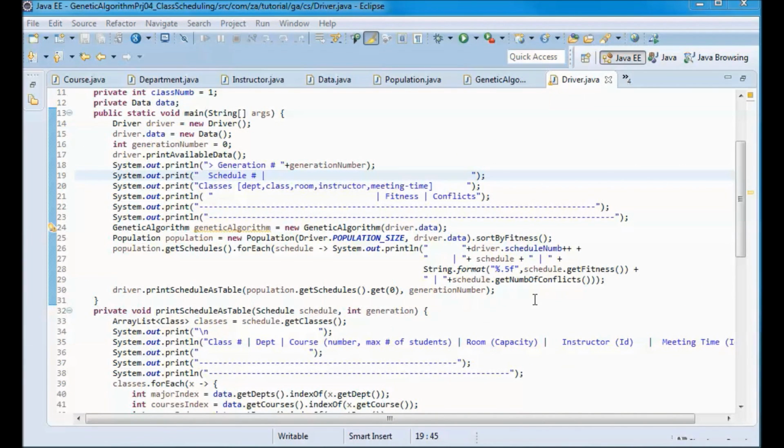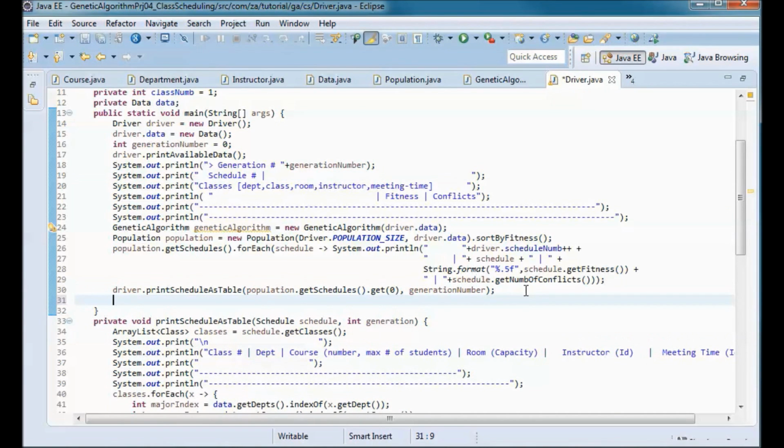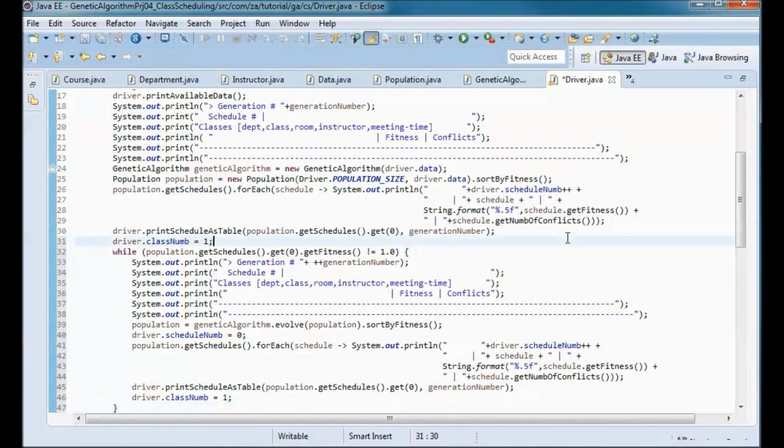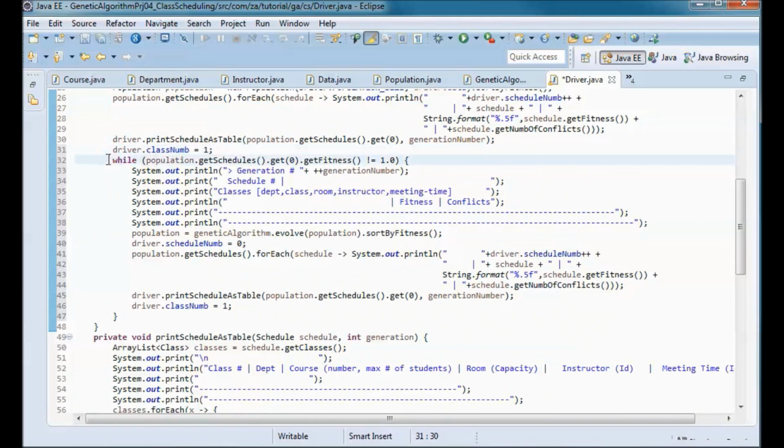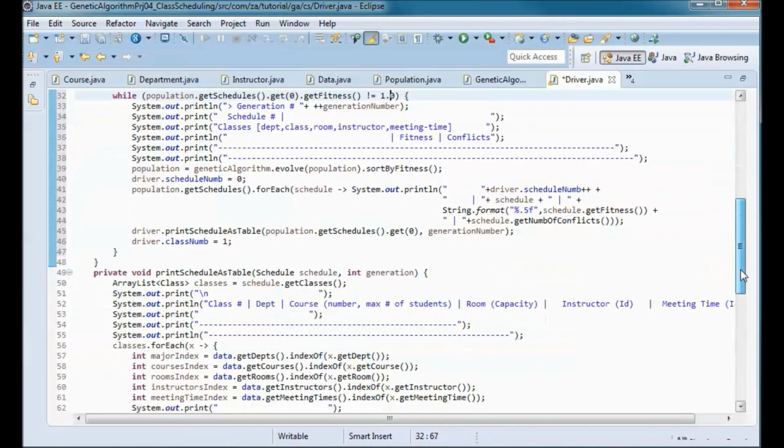And I will be looping over the remaining schedules in the population with a while loop, which would terminate if we find a fittest schedule in a population with a fitness of 1, which means it doesn't have any conflicts.